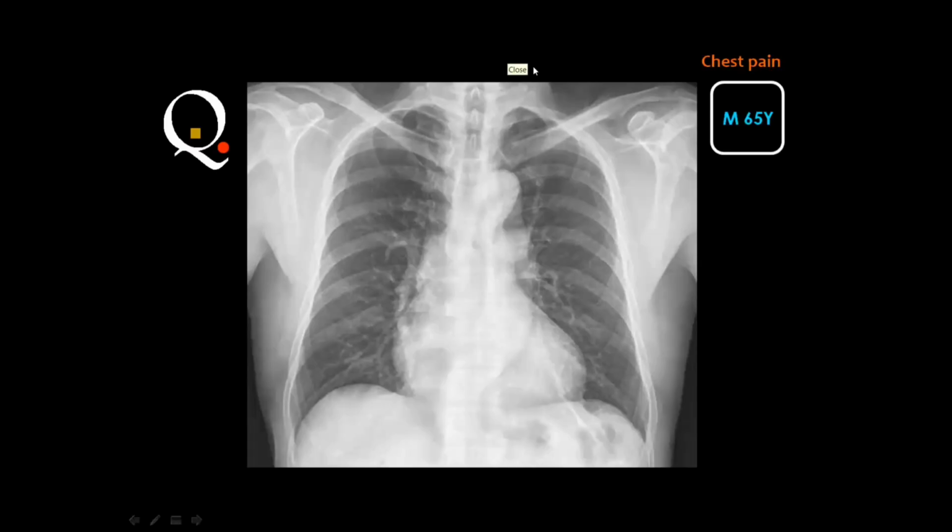We differentiate the normal thymus from thymoma by the configuration. The thymus is like the sail sign or the figure of 8 in Arabic, and the thymic mass does not look like the normal thymus. There are many possibilities for this chest X-ray,